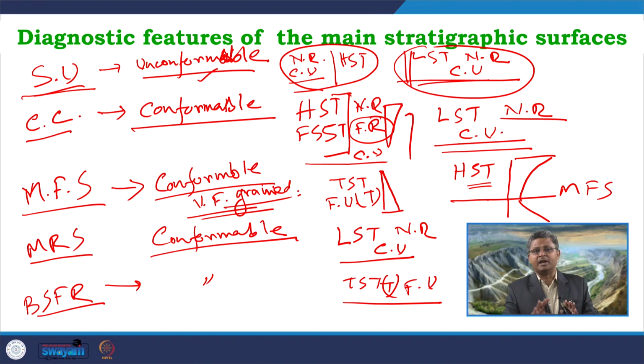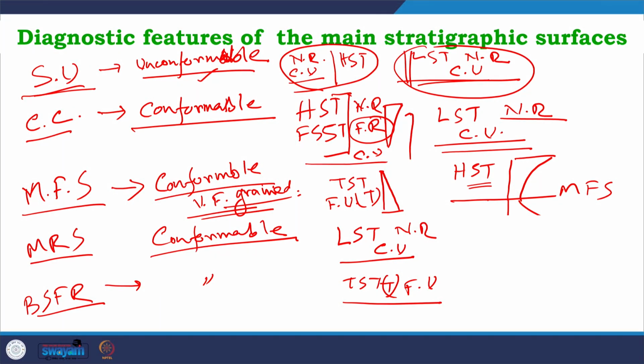So, from this summary, from this overview, we can get an idea that each of these surfaces comes with some distinct criteria, some distinct properties in terms of their geometry, in terms of the stratal stacking pattern, in terms of the stratal termination pattern, and in terms of the depositional environments and depositional systems occurring across that particular surface. So, in the next few classes we will discuss these parameters in detail, taking each and every surface which is important in sequence stratigraphy, and we will try to understand what the criteria are, how they differ from one surface to another.